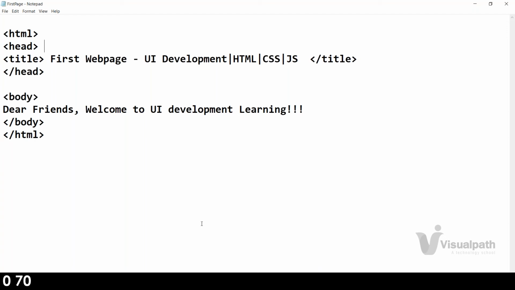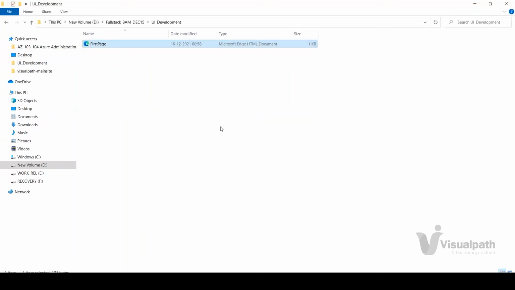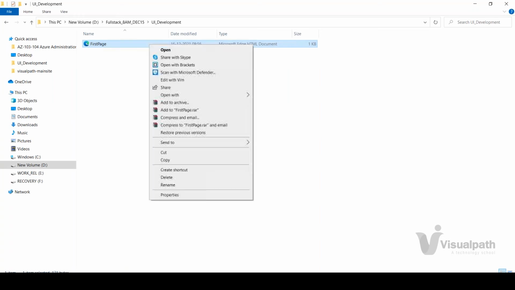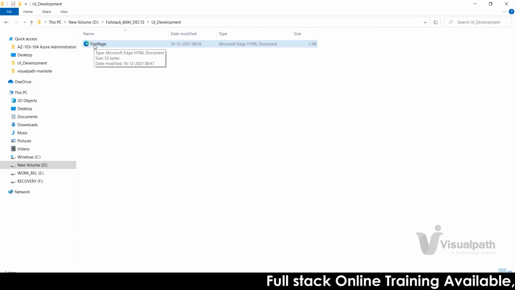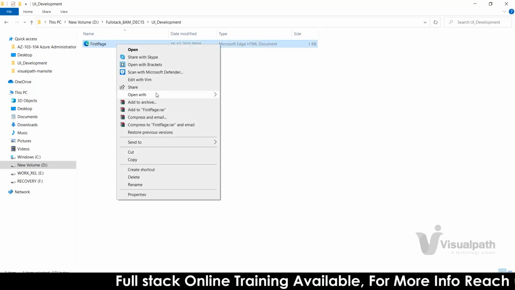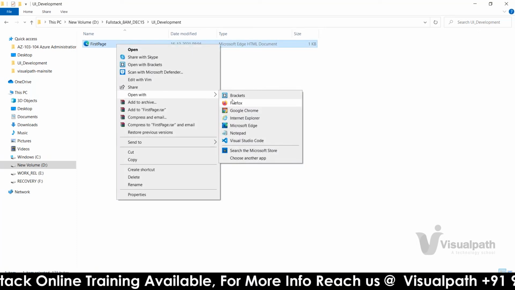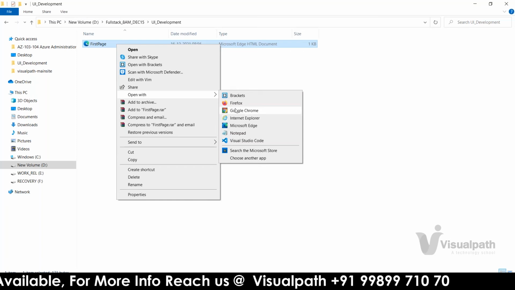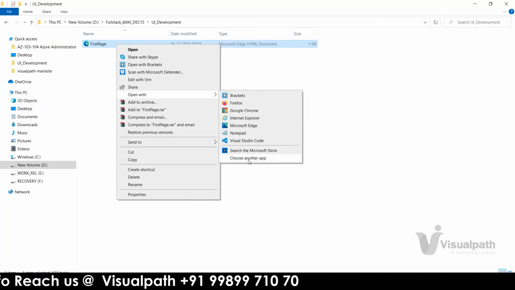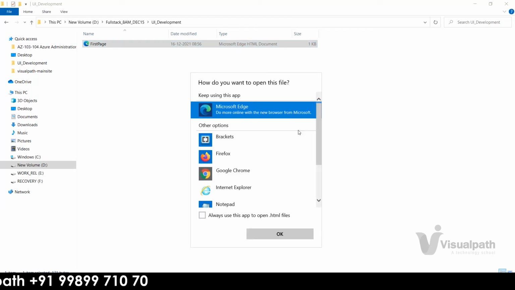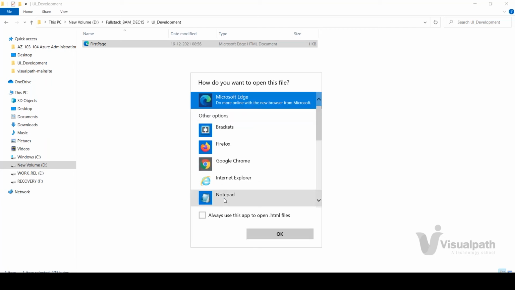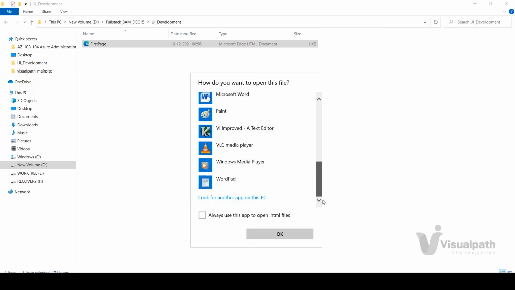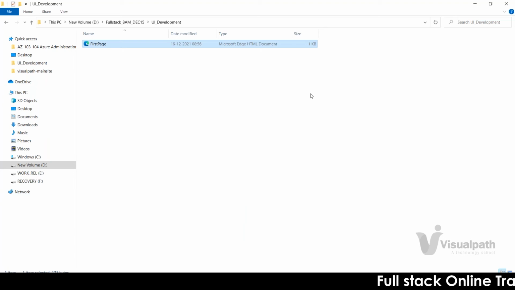Then just open that folder. Once you created it, open the folder there and double click on that. Then it will open in the default browser, whatever it may be in your computer. Or if you want to go with some specific browser of your own choice, then you can right click and do that. Or if you find any browser not shown up in that list, then also don't worry. Just click open in the app, there you will be able to see it. If the list is not satisfying, got it right? So this is the way you'll be creating your first page.